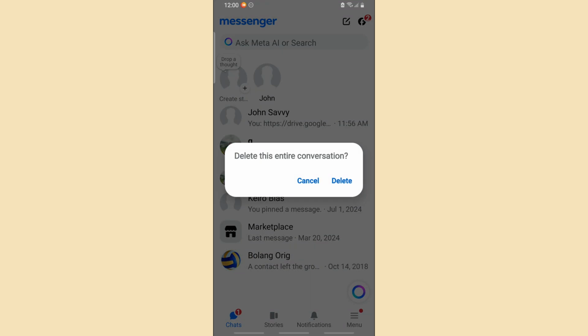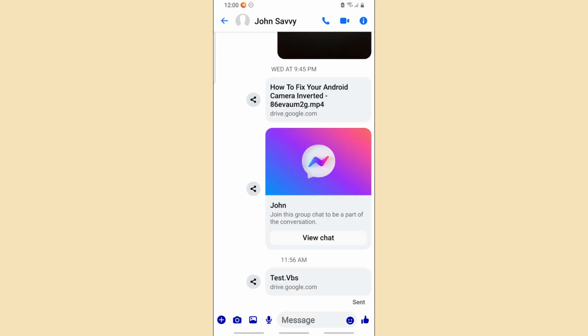And from here, remember that this will delete the entire conversation, and you cannot undo this. So, guys, if you are sure, you can just simply tap on delete and it will delete the conversation on Messenger fast. But if you don't want to do that, if you want to delete a specific message, you would